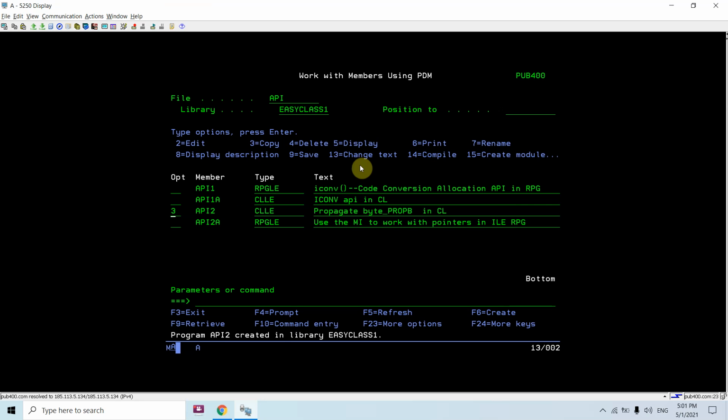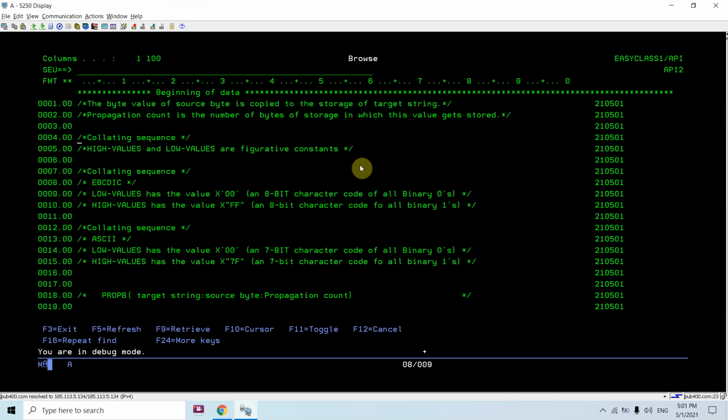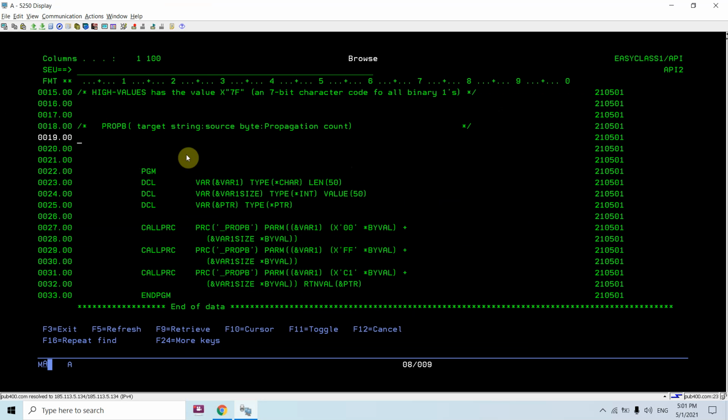So this is the program. Basically, I'm using this prop B machine interface API to make use of pointers in a CL program. You can see I use the built-in name underscore prop B. We need to call this using a procedure, and here you can see I am passing three parameters to it, that is target string, source byte,